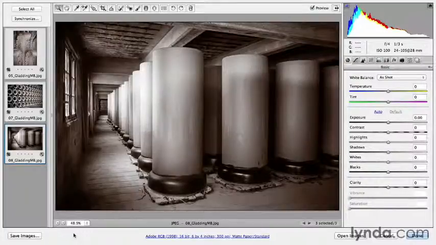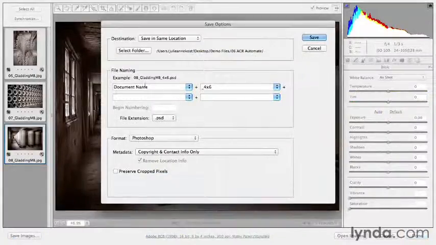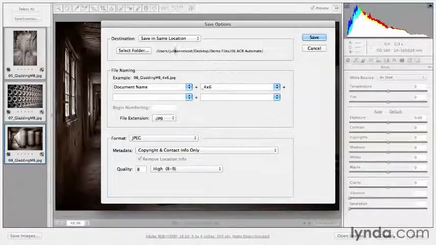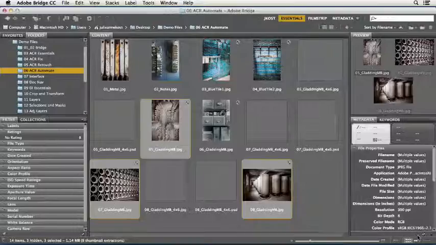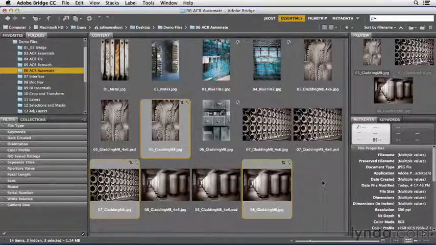Now, if we had 100 or 200 images processing, we could still go in and click Save Images again if we wanted to save these as a different file format. So let's say, for example, I also need these to be JPEG files. I'll save the JPEG files in the same location with the quality of 8, click Save, and again, you can see it, there's 3, 2, and 1 remaining. Excellent, now I would be finished, so I can click Done, and when we return back to Bridge, you can